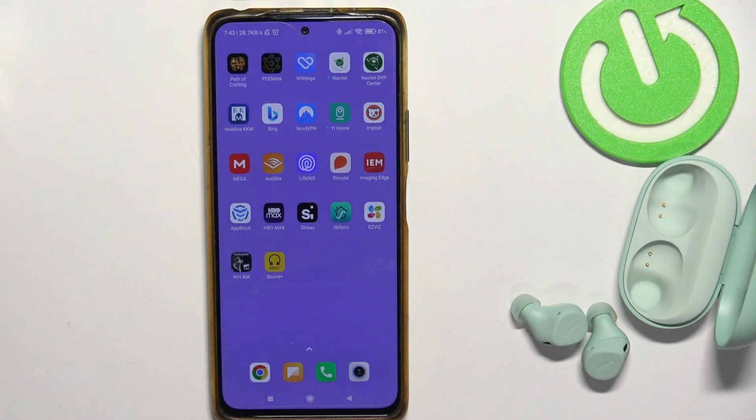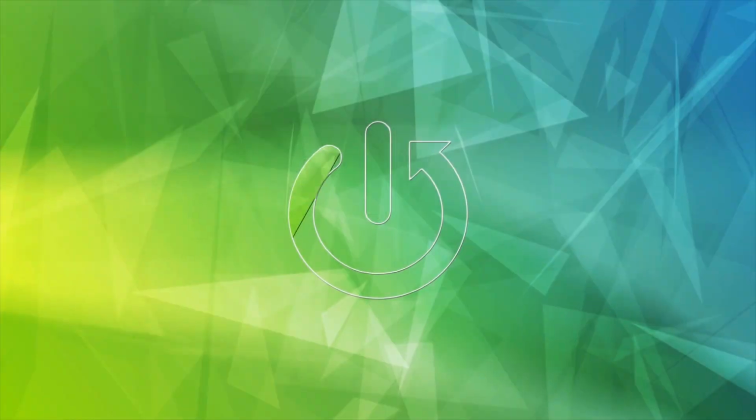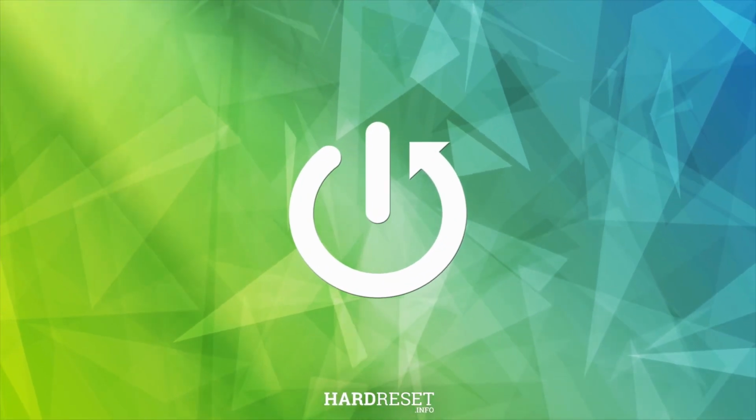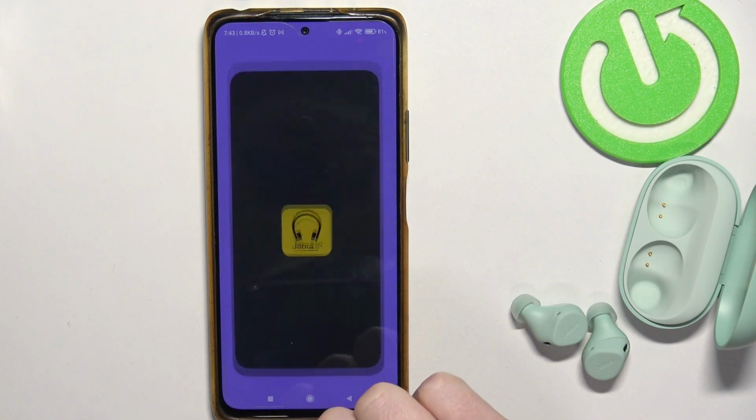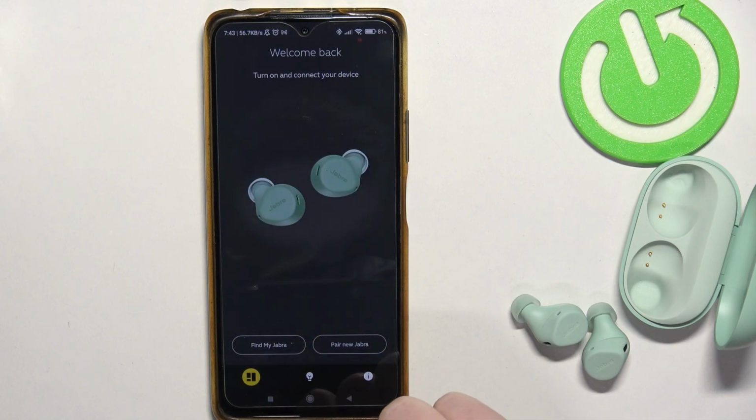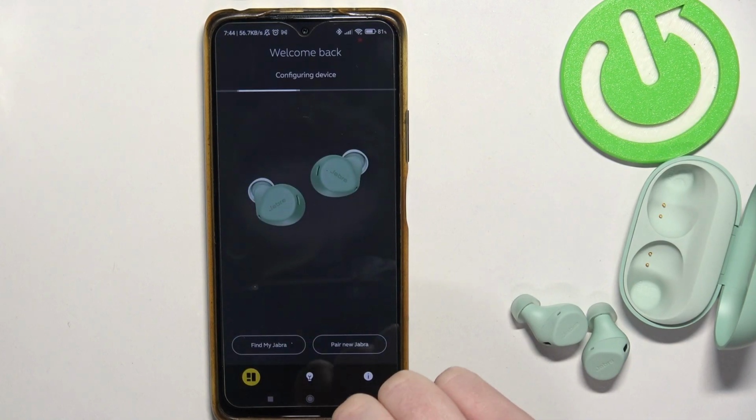Hello, in this video I want to show you how to change behavior for surround sound buttons on Jabra Elite 7 Active. And to do this you will need to download a Sound Plus app. I've shown you how to pair your device with it previously. Now when it's set,